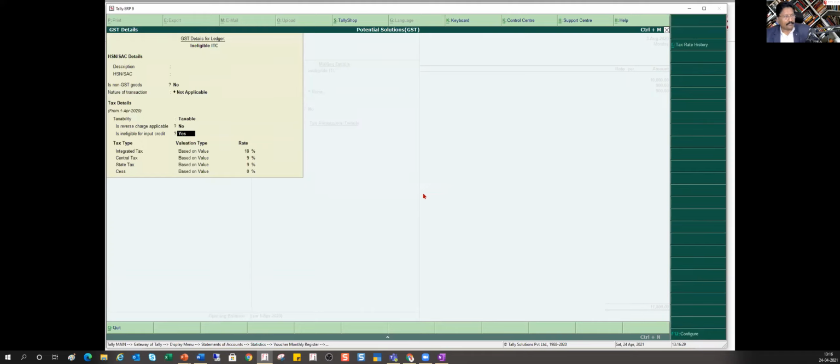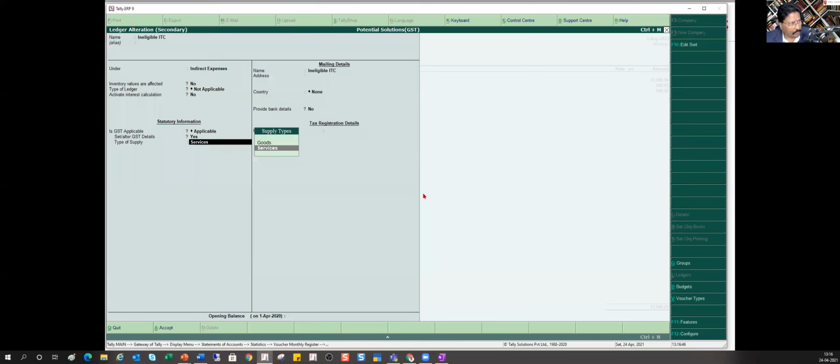So what I've done here, I have marked this particular expenditure ledger, that any input tax credit that I'm accounting for this particular expenditure, you automatically reverse it and put it under ineligible credit. That is what you are telling Tally. Okay, so I'm going to say ineligible, yes. I'm going to press Control A. Now you can say whether it is goods or services. So I'm going to select services.